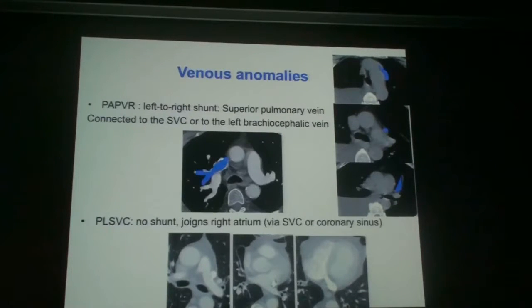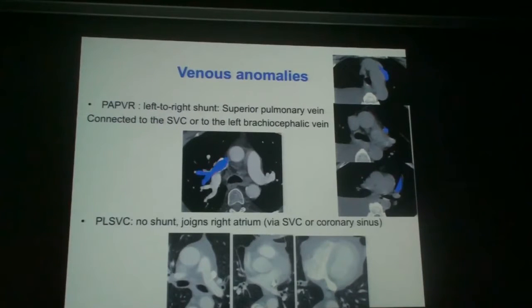You can see here the pulmonary vein, the venous return of the left upper lobe, crossing medially to the pulmonary artery, and joining here the left brachiocephalic vein. So this creates